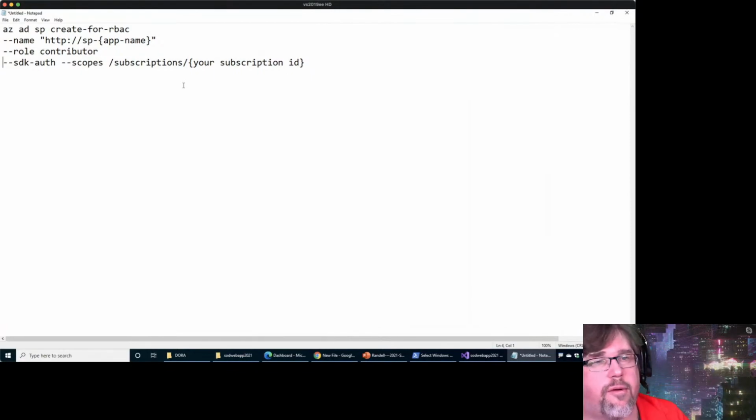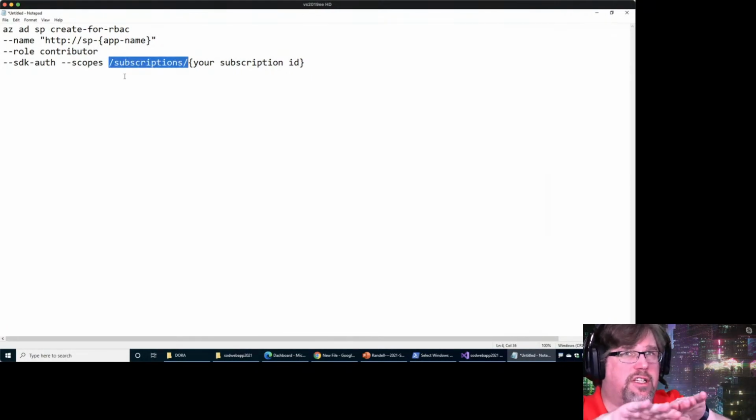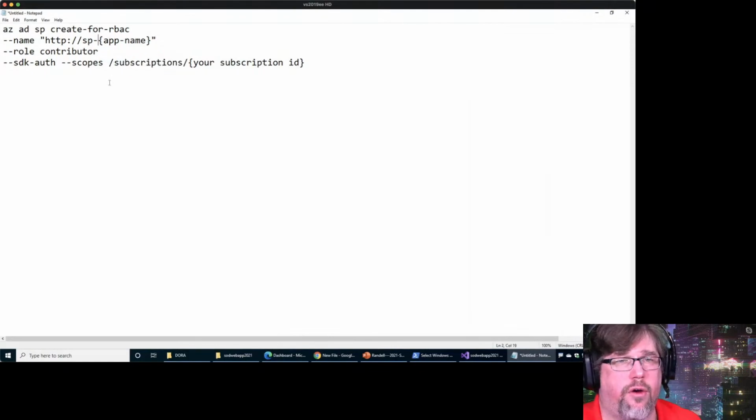Now, the command line I'm setting up here is making a contributor to my entire subscription. This is fairly powerful. If I wanted to, I could restrict it to, say, just a resource group, which is a scoping mechanism inside Azure. Once again, the details are not super critical. So what I might want to do is something like this, where I say, GH demo March 31,